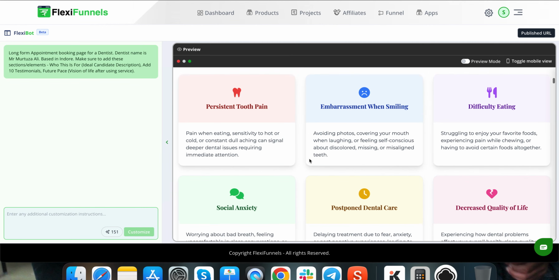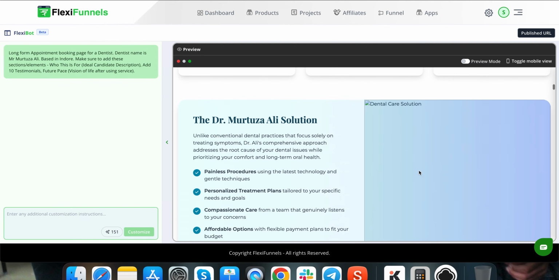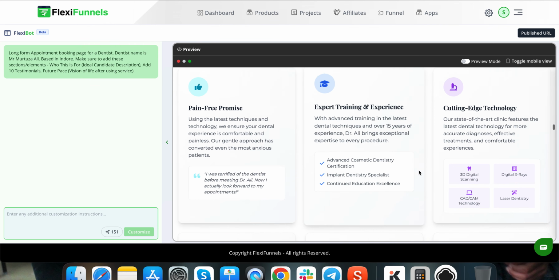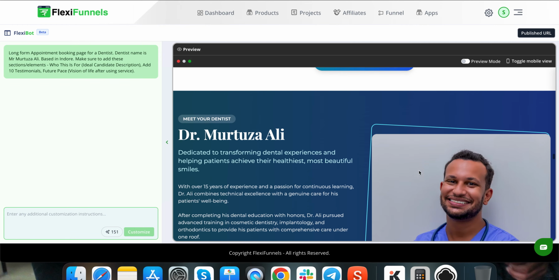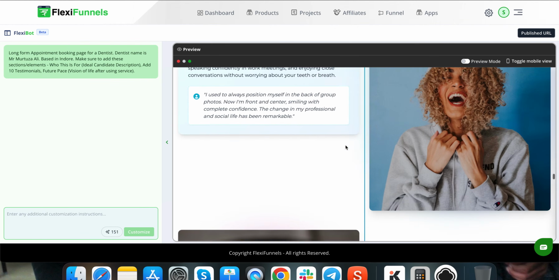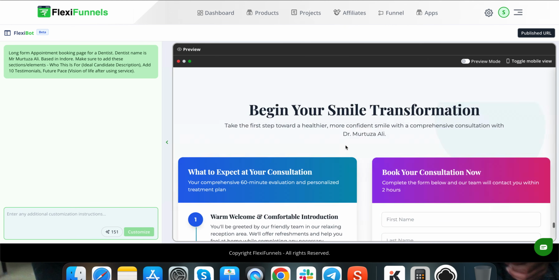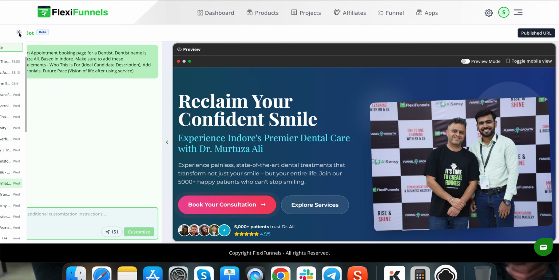So this is the page that came, and of course the images and all you need to be adding over here. In this whole course, I will be showing you everything, right? So with this simple prompt, this whole website is ready, and it goes on the internet on your domain, of course. So we'll understand the whole process. Let me show you one more.